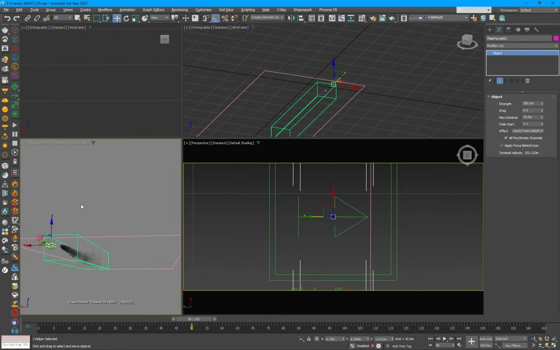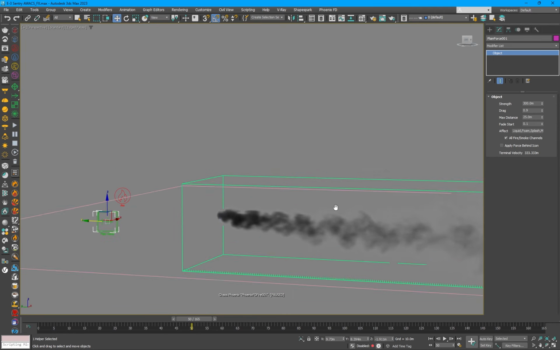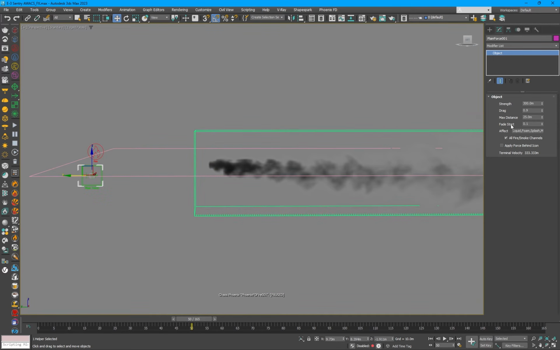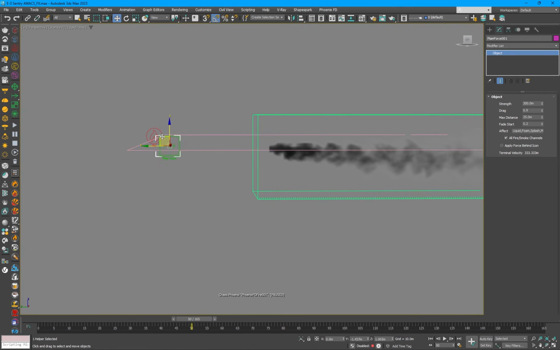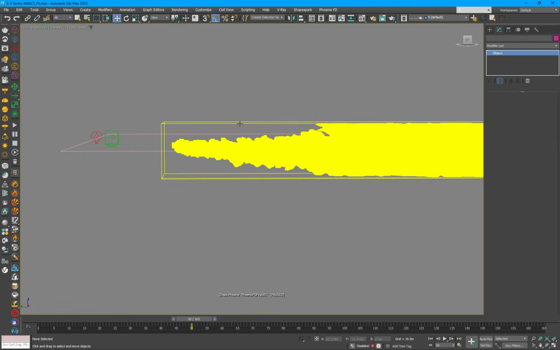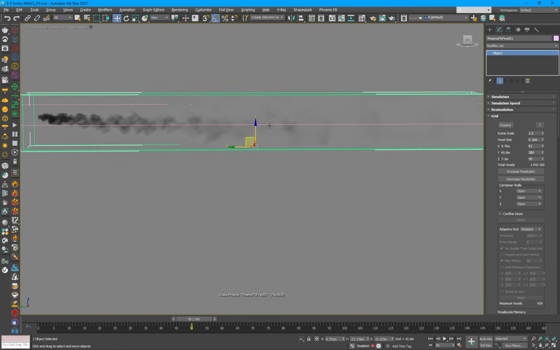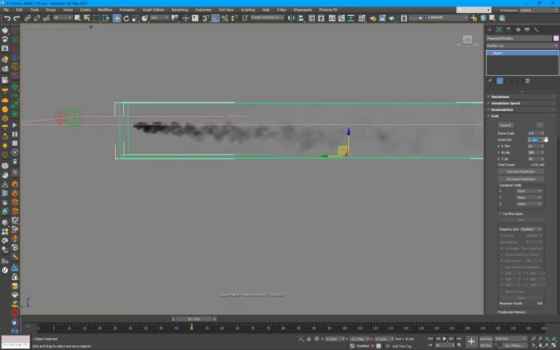So let's adjust our plane force, and let's change fade start to 0.2 so it will lose its power not that fast, and let's make it a little bit closer to the airplane. Also, let's increase max distance a little bit up to 30, so it will blow the smoke away a little bit further. And let's try a new simulation with